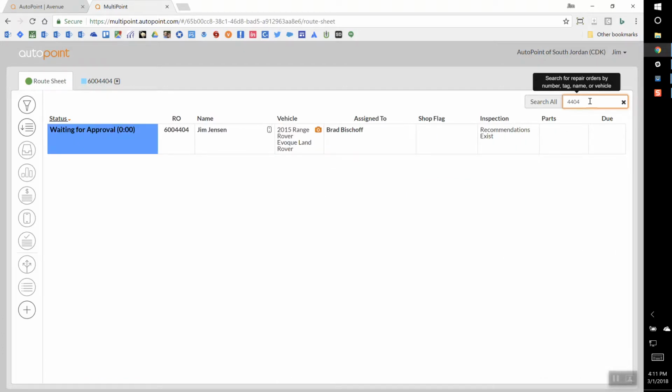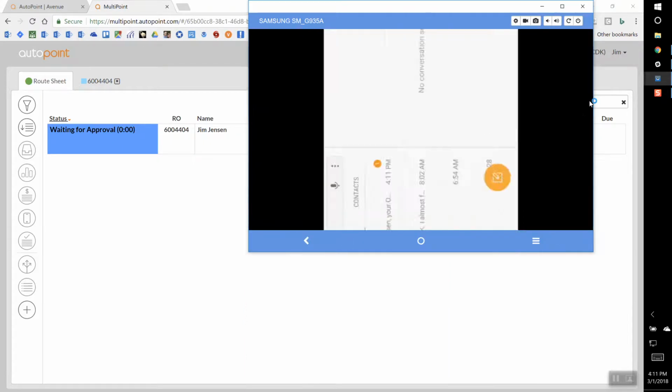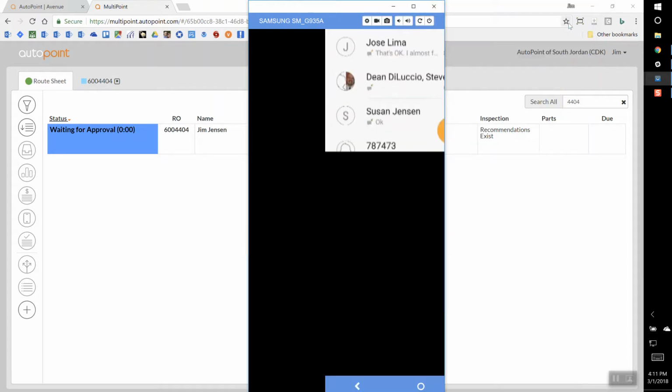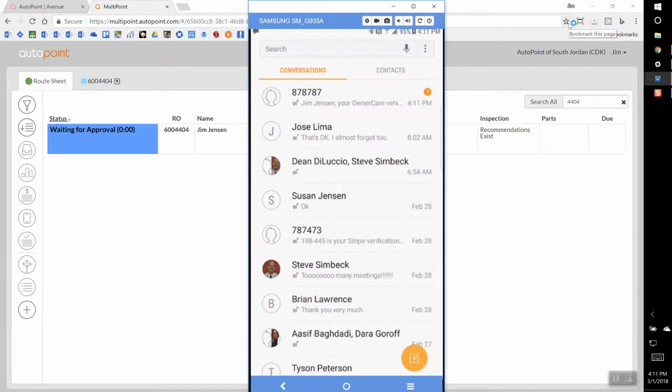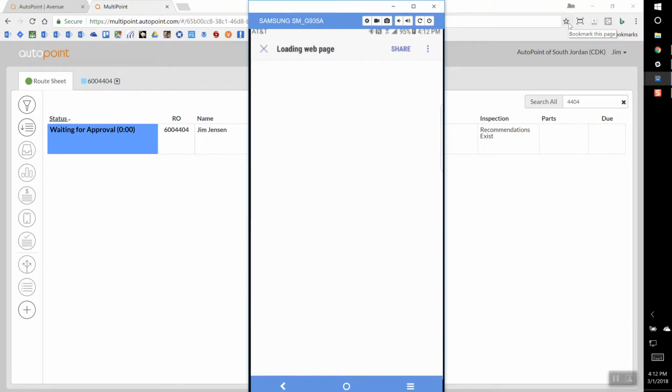So now I'm going to flip over to my phone again, and I'll show you that right here. So here you can see I've got a text message right there. I'll click into that. And let me see, it's going into this mode here. There we go. Sorry about that. I'll tap on that and you'll see the link to the owner care right there. So I'll click that. It's going to open up a web page